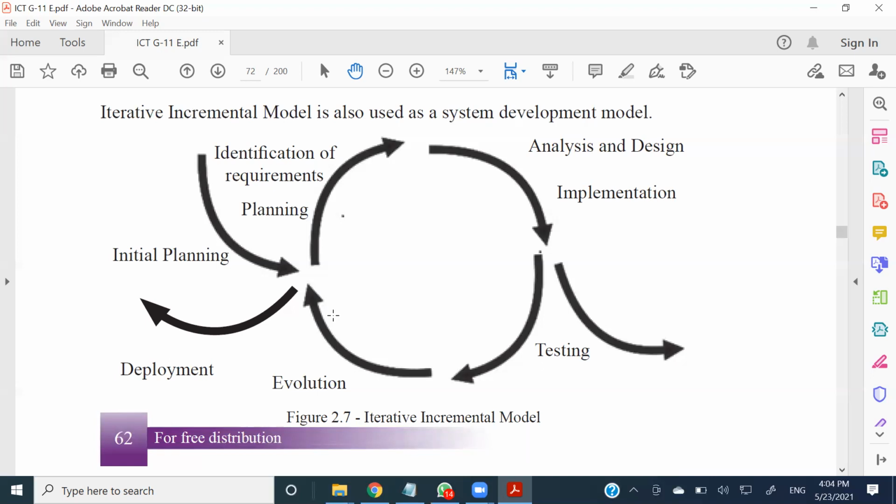Identification of requirements is okay, planning is okay, analyzing and designing is okay. So implementation is the arrow which indicates this, right? Which happens at the very last, as the very last phase, right? So deploy can